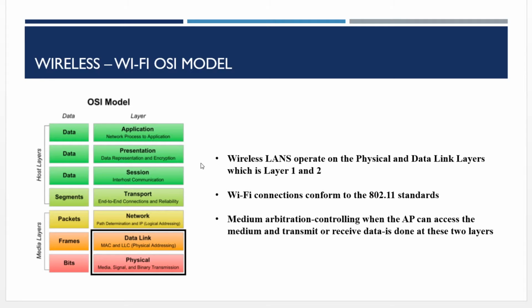The physical layer is the layer that conveys the bit streams, the electrical impulse, light, or radio signals, to the network at the electrical and mechanical level. It provides the hardware means of sending and receiving data on a carrier, including defining the cables, cards, and physical aspects. The data link layer, which is layer 2, is the